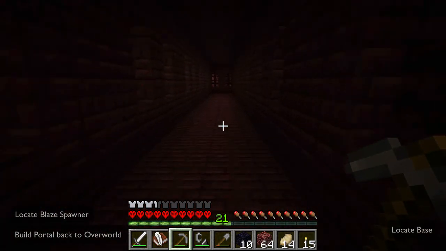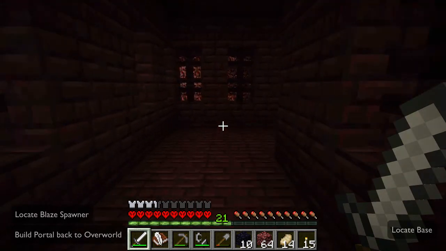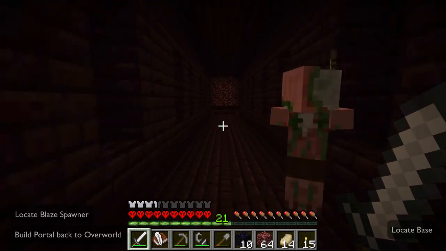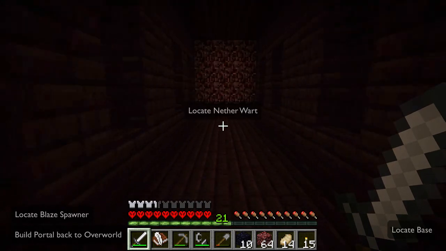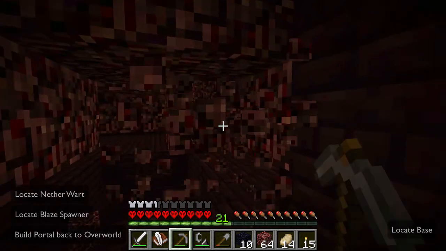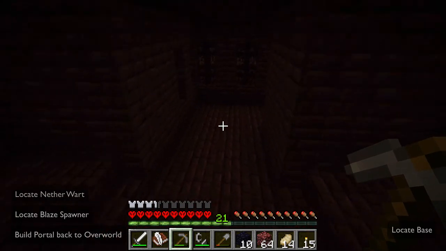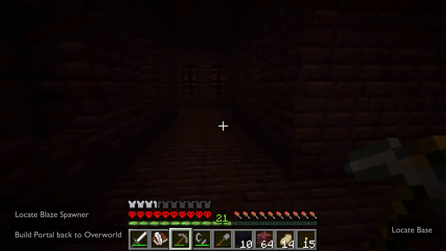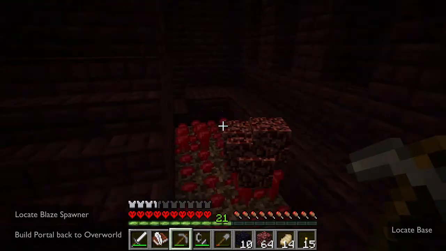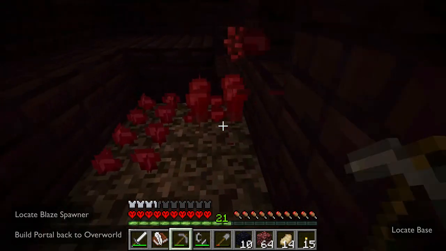Alright. Okay, we want to find blazes. We want to find nether wart. If we can find those things, then this will be a success. Okay, there's nether wart. Good. Now that we've found nether wart, actually, let's harvest some of this. We can get rid of the netherrack. We don't need that. But we want to grab some of this